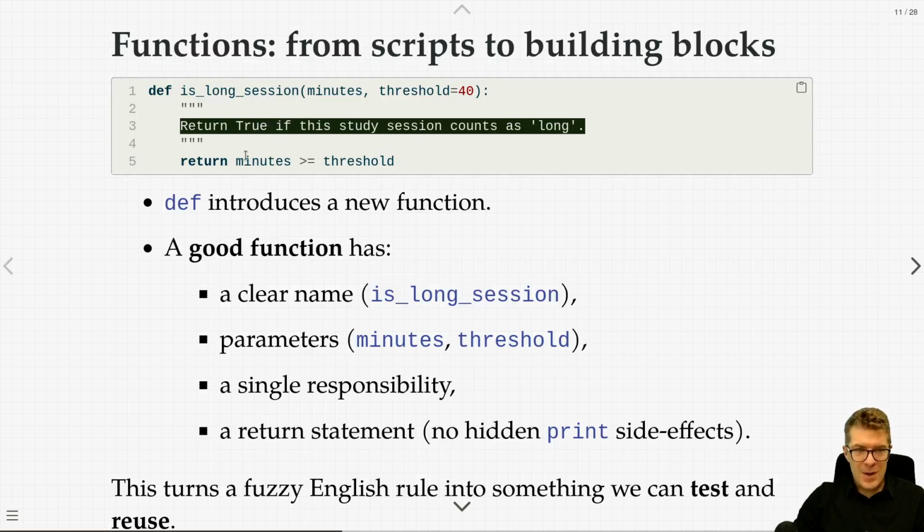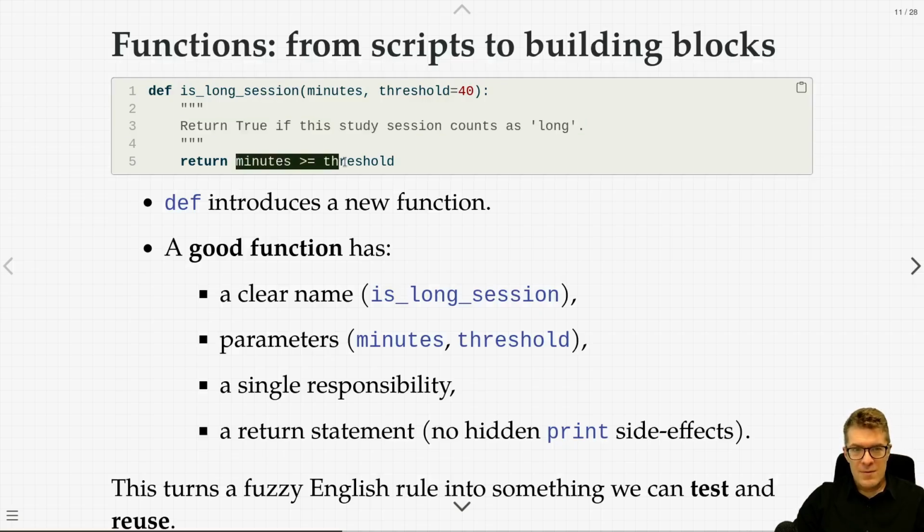It's a bit of overkill in my opinion, but you're basically going to return a single value. It's going to be a Boolean value, and that value is going to be determined by this comparison. If minutes is greater than or equal to the threshold, this is going to return true, otherwise it's going to return false. Okay? So a few things I want to point out is that a good function will have a